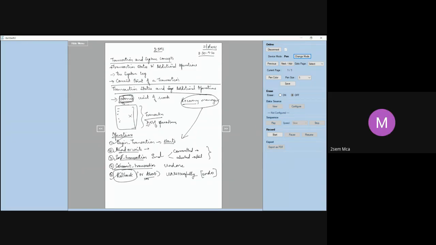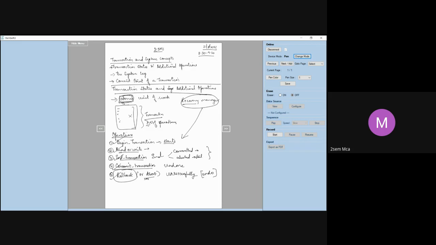Commit transaction. See, in your lab also in SQL, whenever we try to do some insertion or create a table, we keep writing commit, is it not? Now, creation is a transaction. Let us say insertion, you are putting in some queries, you have some records. You want to save those records permanently in the database. I have created an employee table and put some records into that table. Now I want those records to be permanently stored in my database. That is why I write the commit instruction.